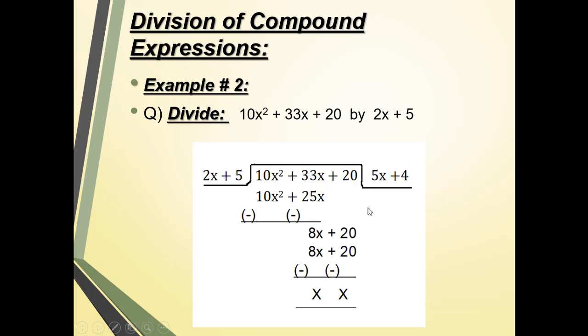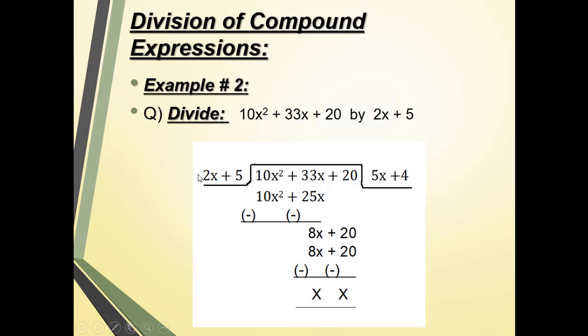Okay, then if we see that this 33 contains a positive sign and this 25 contains the negative sign, we need to subtract them. And when you subtract 25 from 33, we will get the answer 8x. Okay, and which sign appears over here? The sign of the greater value, that is plus, because 33 is greater than 25. In the second step, we need to write the final value, that is positive 20.